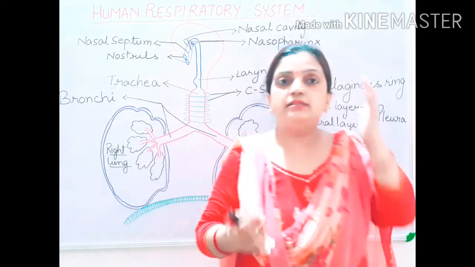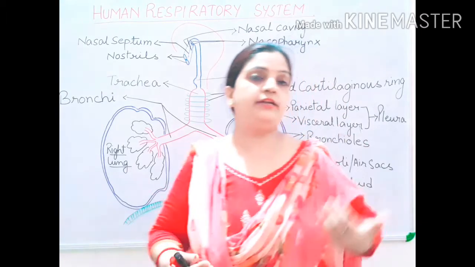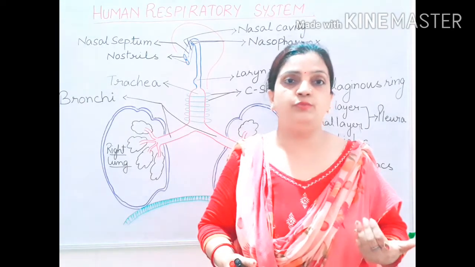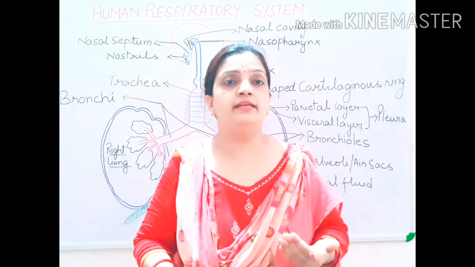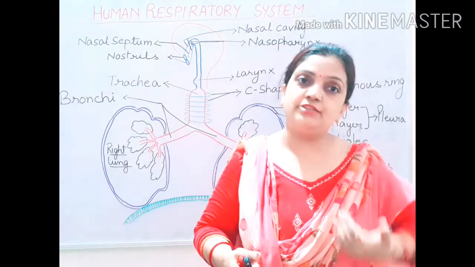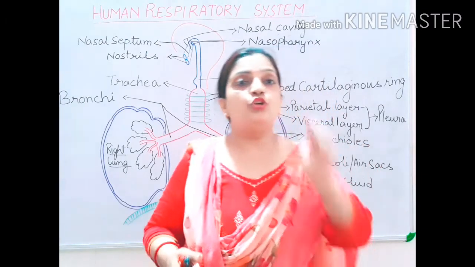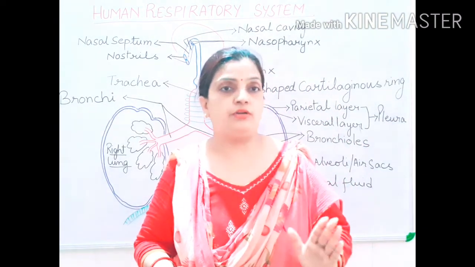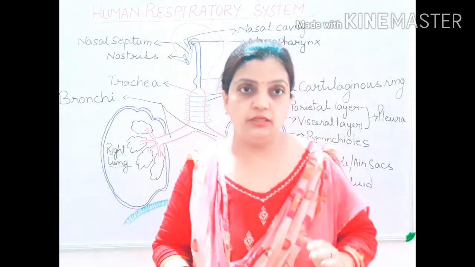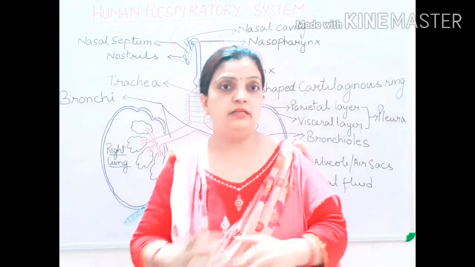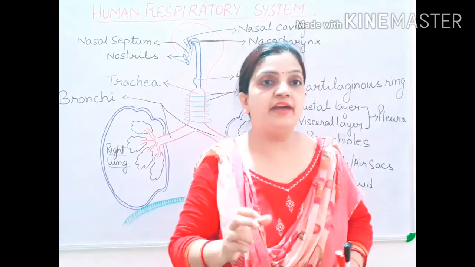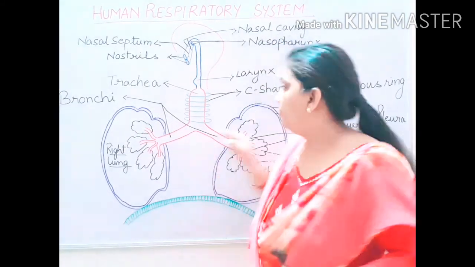You all know that our heart is located on the left side of the body. Human heart is located on the left side of the body, and the heart is also located in the chest cavity, in the thorax cavity. And your left lung is also in the thorax cavity. So, to give a space to the heart, the left side lung is a little smaller by having one loop less, one turning less.